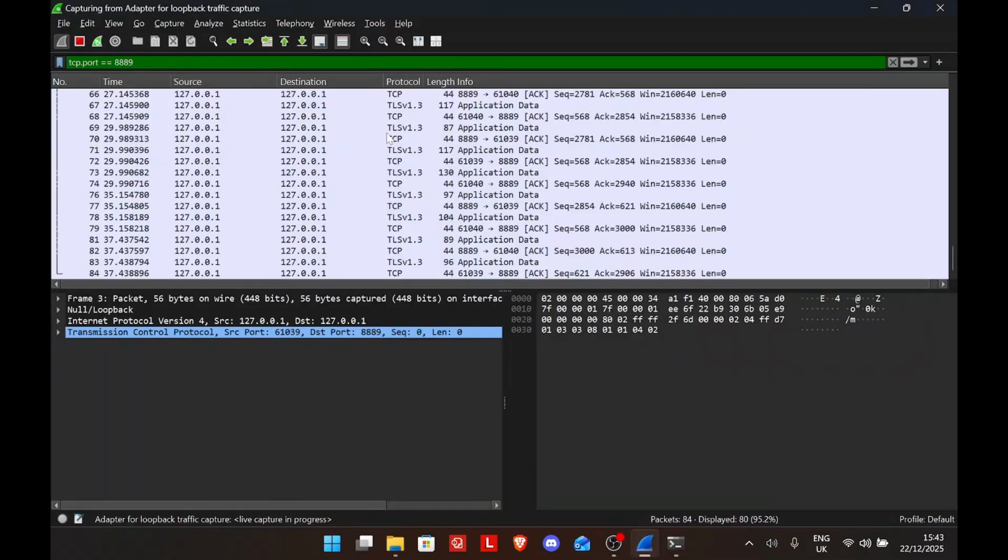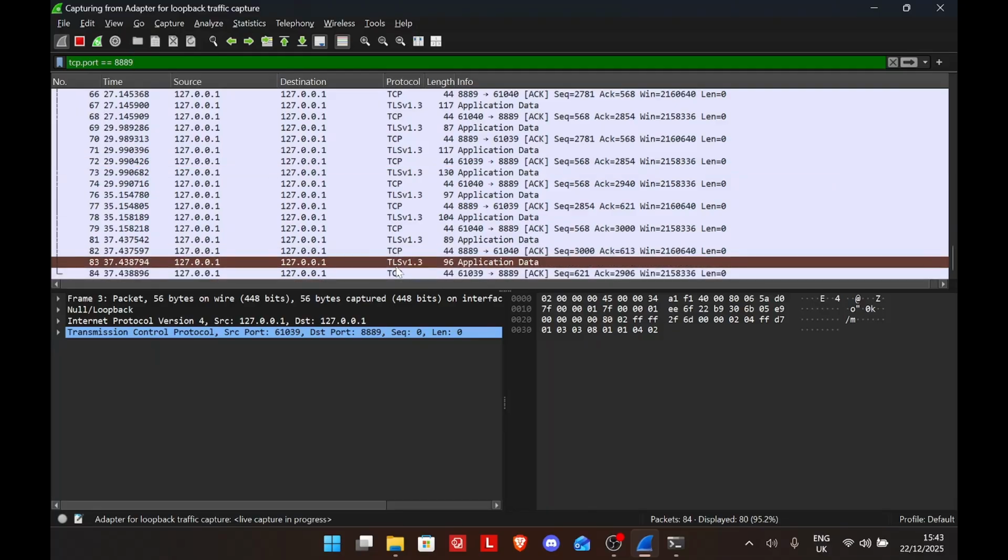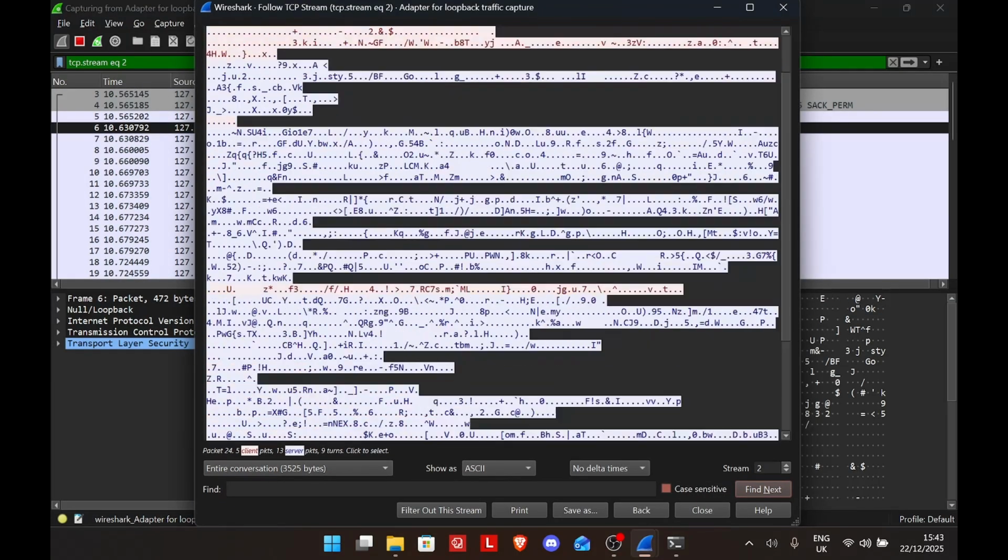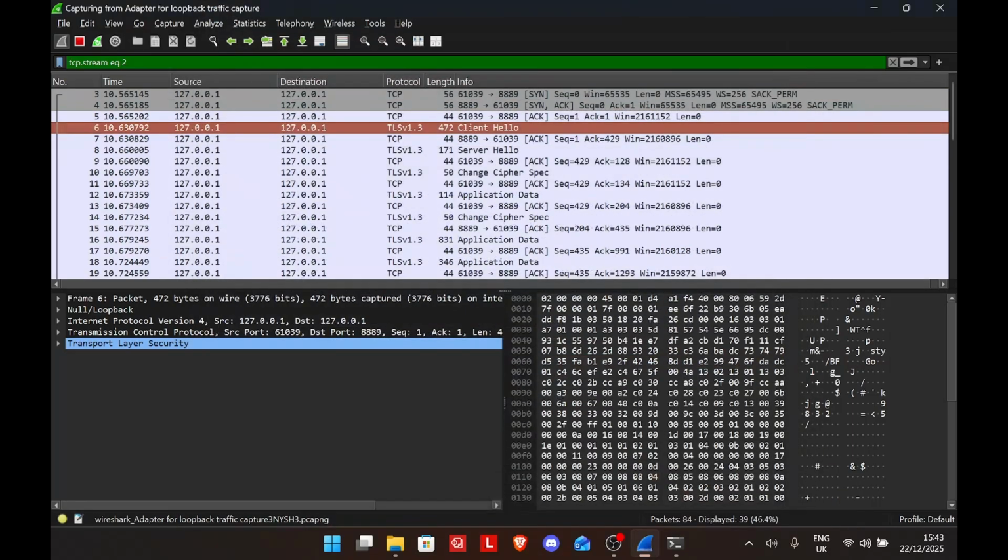I go back to here. You can see this is all being encrypted with TLS version 1.3, which we already talked about for level 2. And then if I do the same thing again, follow TCP stream, but this time everything is encrypted and you can't see what the message is. The only thing that would be public still is the IP